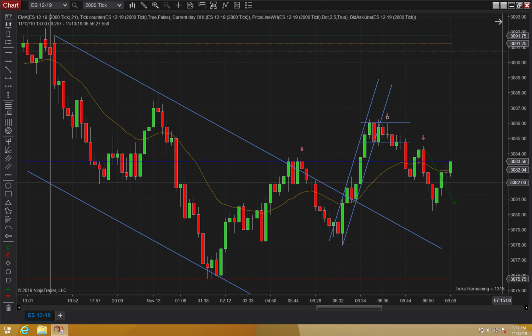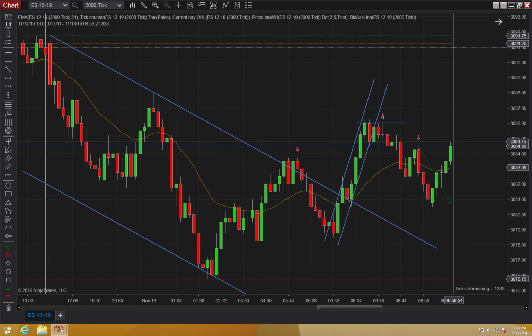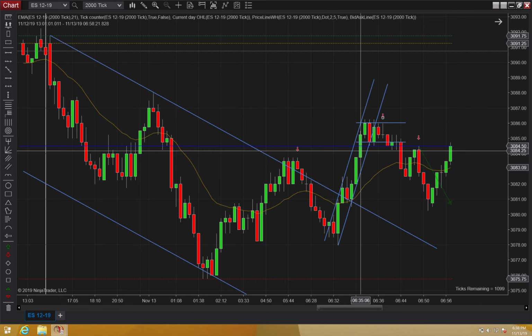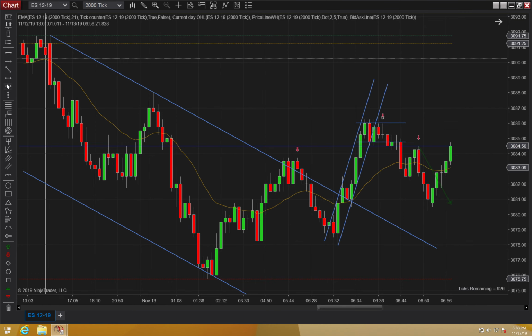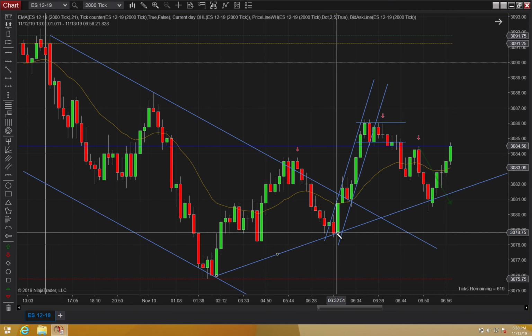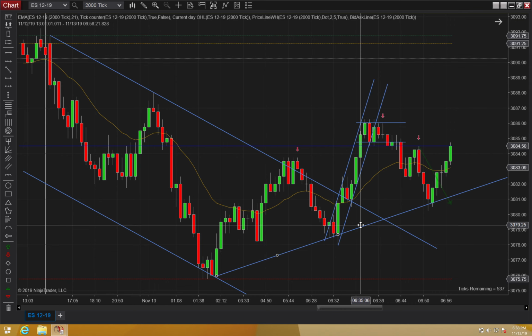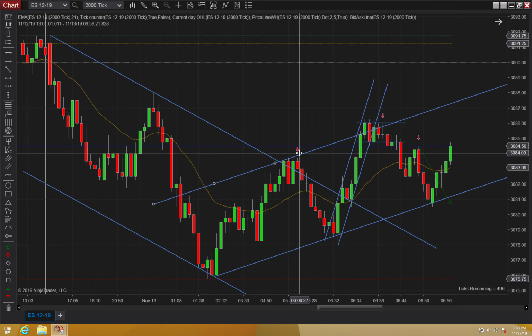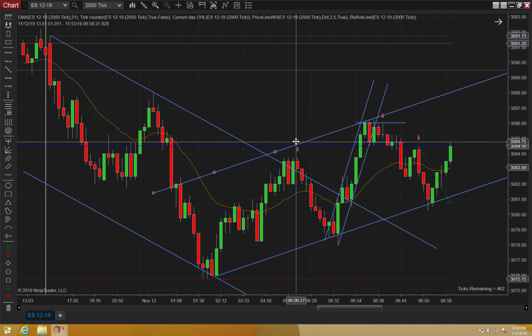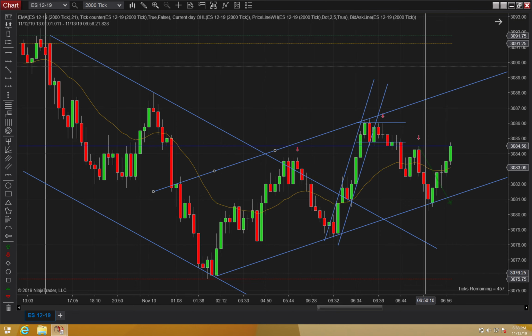So we got a little push going now. That's giving me a sign that okay, we are going to get this retest over here. And then it becomes a little more obvious that we have something that's setting up right off these lows, if y'all can see that. And then off these highs, maybe it's somewhere like there.